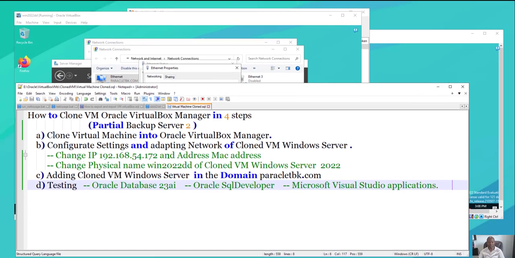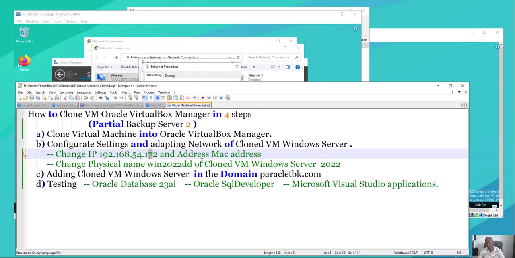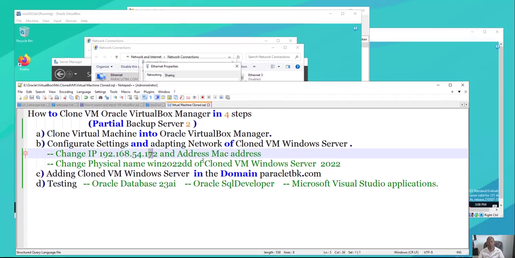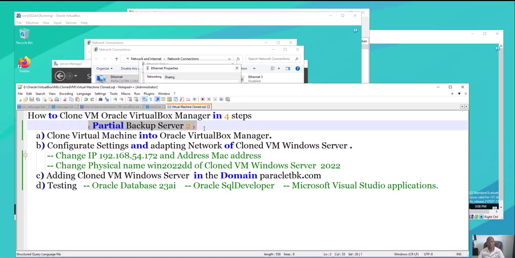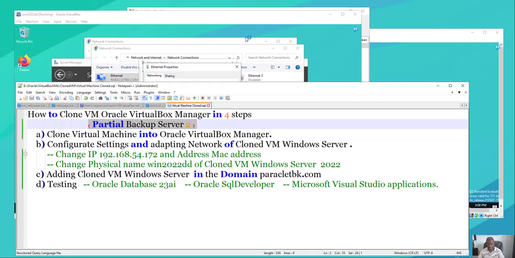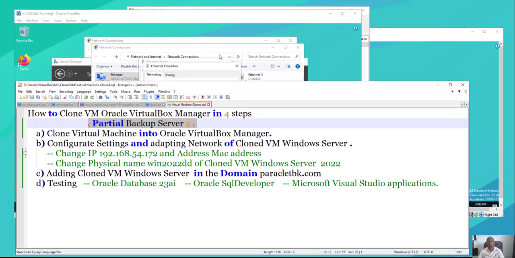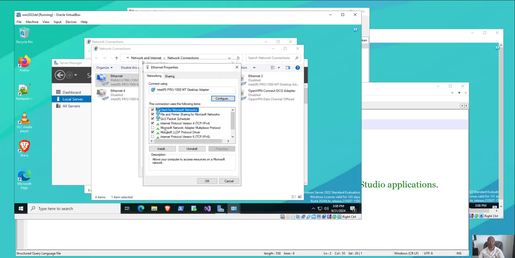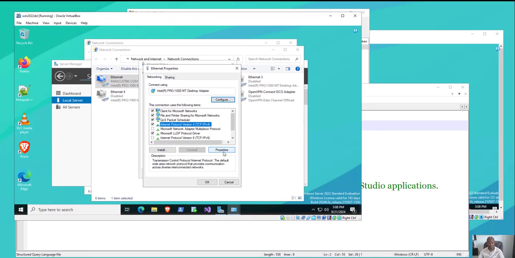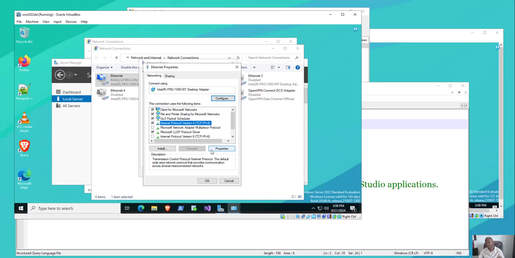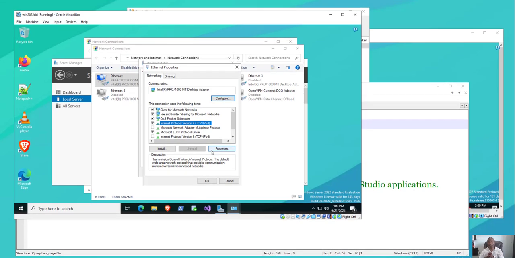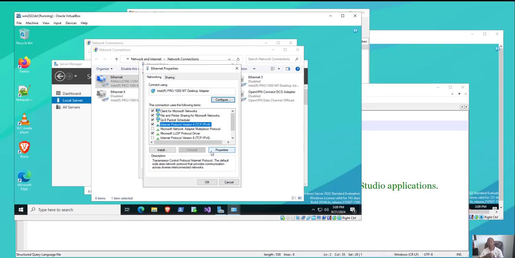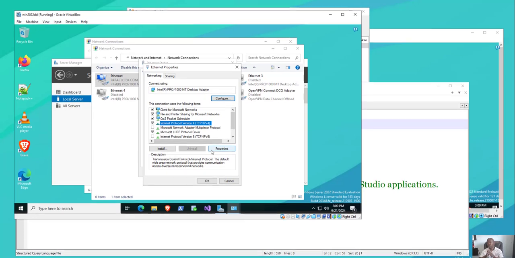In this case, we cannot change IP address. We keep the same. You cannot change the MAC address. We keep the same. Okay? I say it's the partial backup. Okay? In this case, we must change the configuration IP address because the name is DD. In case of a catastrophe, in case of a business, for example, a couple of weeks ago, I think 1 month,